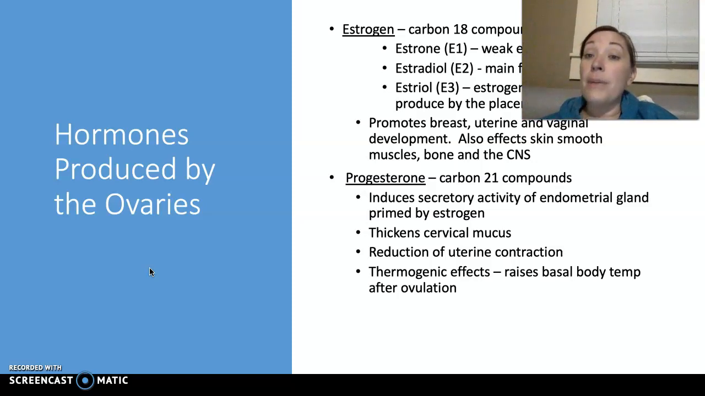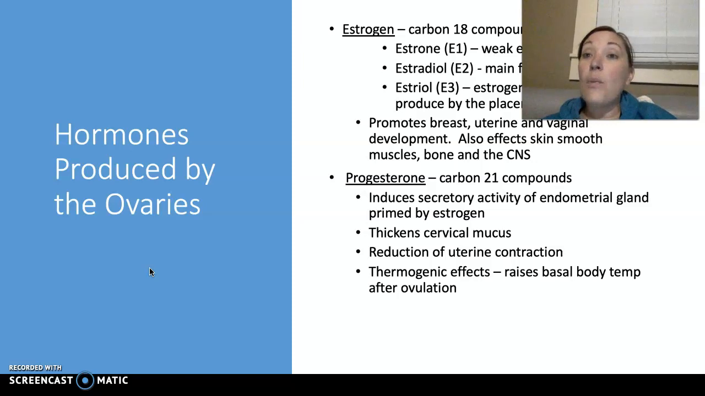Progesterone is a carbon-21 compound, and it induces the secretory activity of the endometrial glands, which have been primed by estrogen to be worked on by progesterone. And progesterone thickens the cervical mucus, reduces uterine contractions, and has a thermogenic effect that raises basal body temperature after